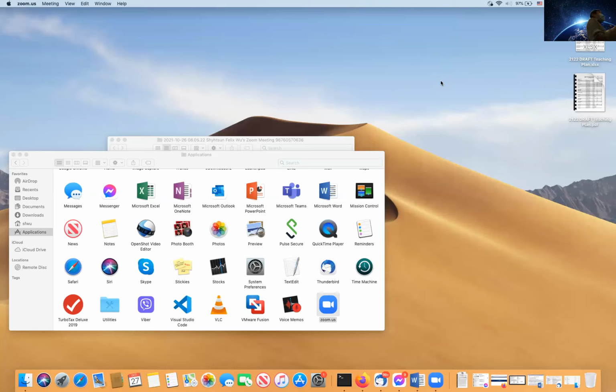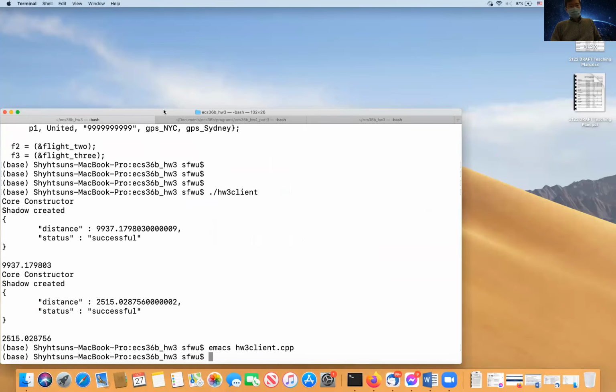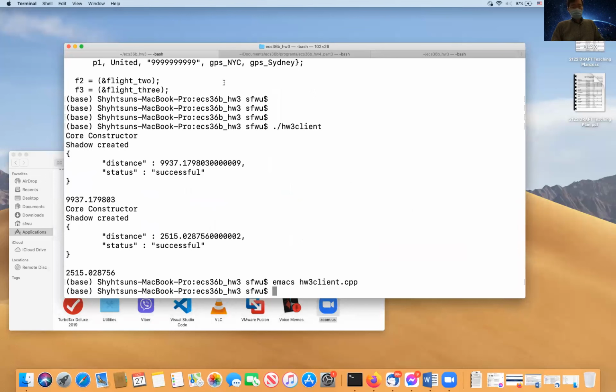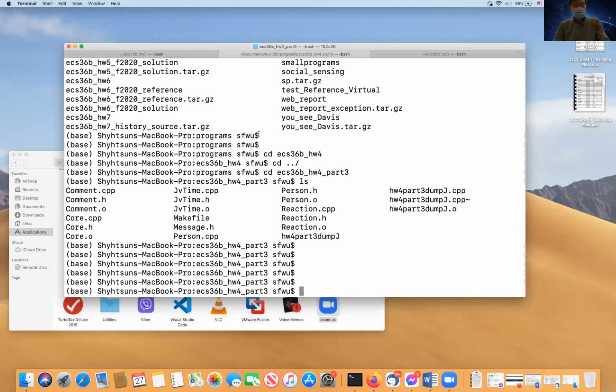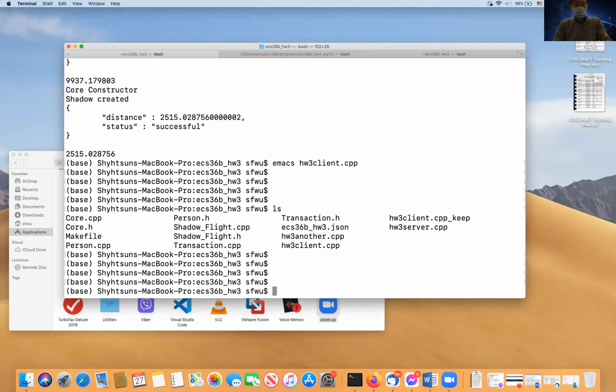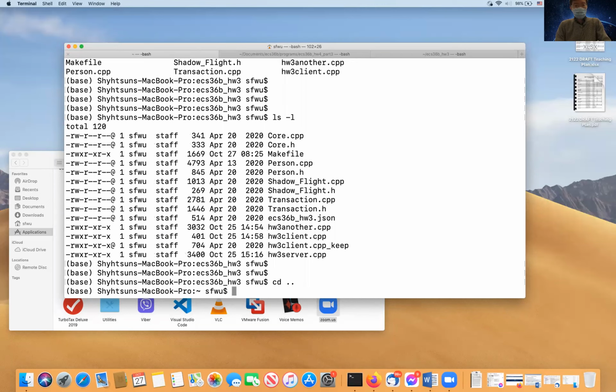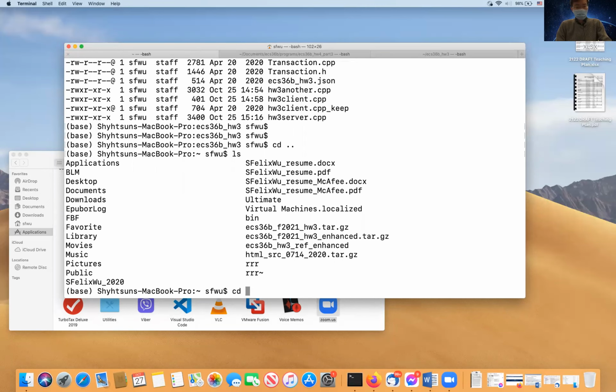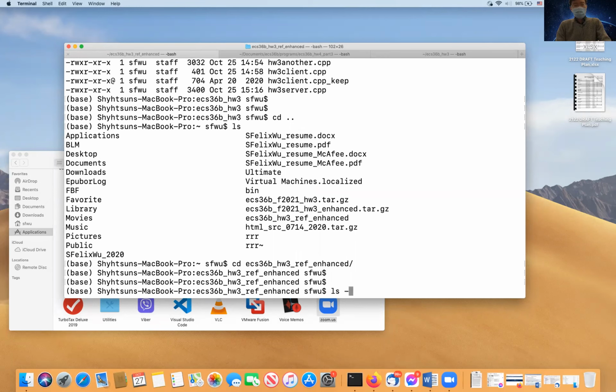In the enhanced version, let me show you. You should have already gotten it from Canvas, but let me show you what it looks like. This is a directory you should now receive.